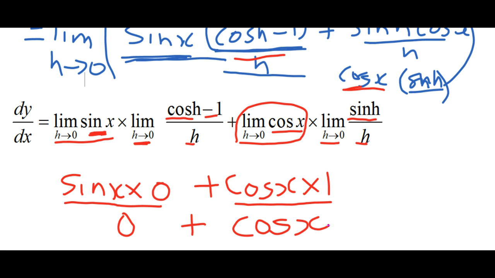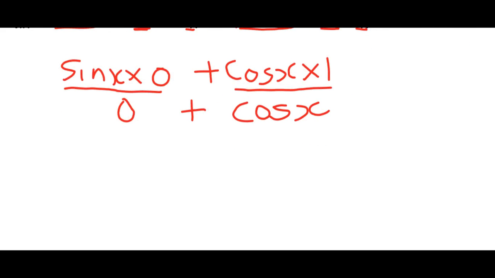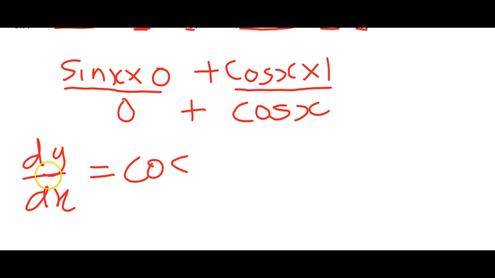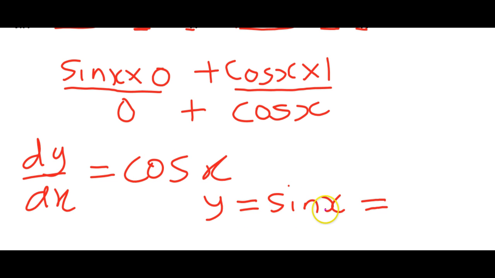And that is why we can conclude by saying that dy/dx is equal to cos x, meaning that if you have y to be the function sine x, if you differentiate y with respect to x, you get y prime, that's the differential, which will give you cos